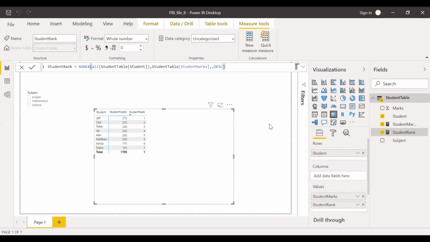Now let's take another scenario. Instead of students, you want to rank based on the total aggregate marks scored subject wise, so English, mathematics, and science. Let's see which subject has more aggregated marks. So now let me create a new measure and call it subject rank, something like this, is equal to